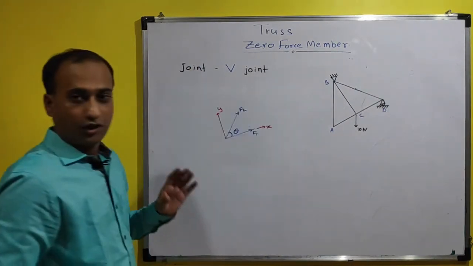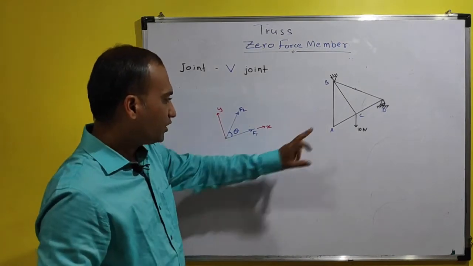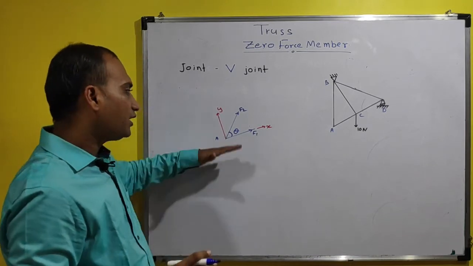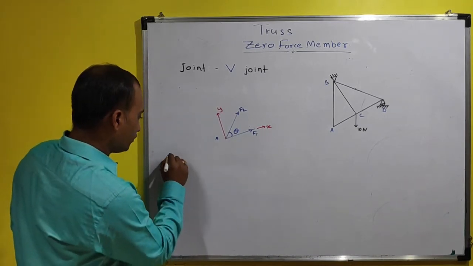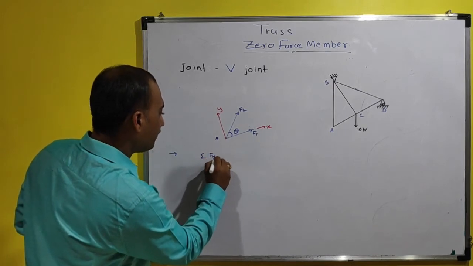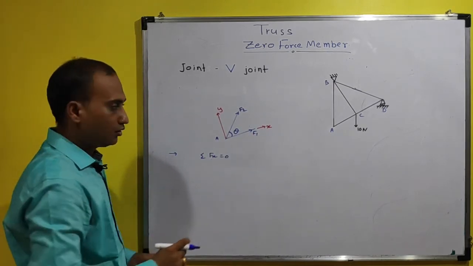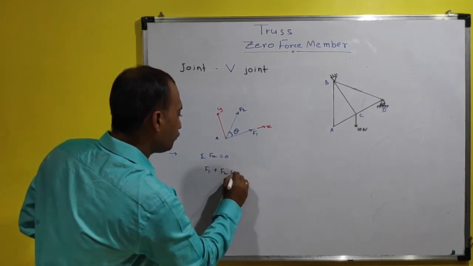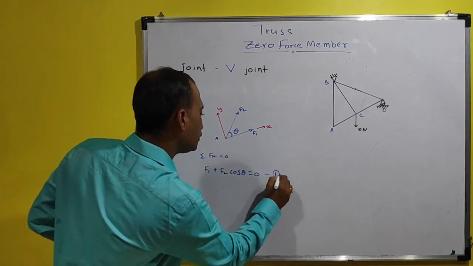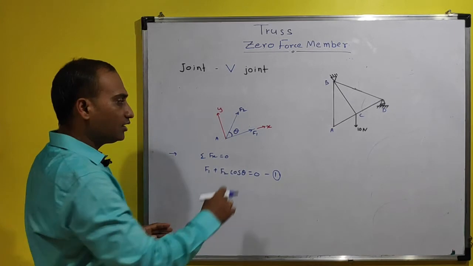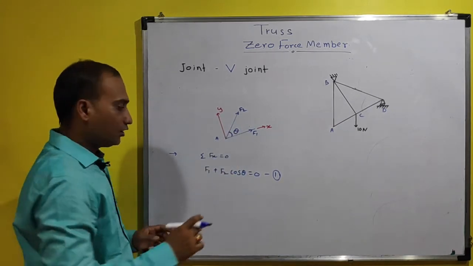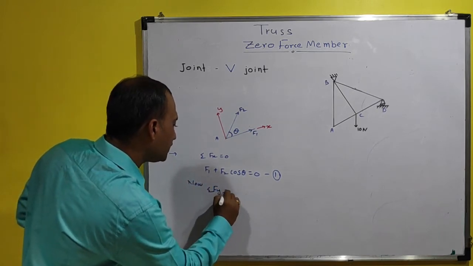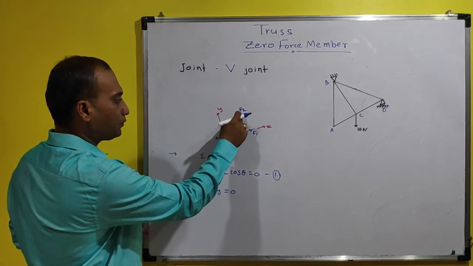So let's consider. Now we have drawn the FBD of this point A over here. Now we will consider the system to be in equilibrium, and we will solve it. So first of all we will take summation Fx equal to 0 in this system. Then it will be F1 plus F2 cos theta is equal to 0. So this is our first equation, as we have considered the direction of x and y. Then after this first equation, now we will apply summation Fy equal to 0. So in this system, F2 sin theta